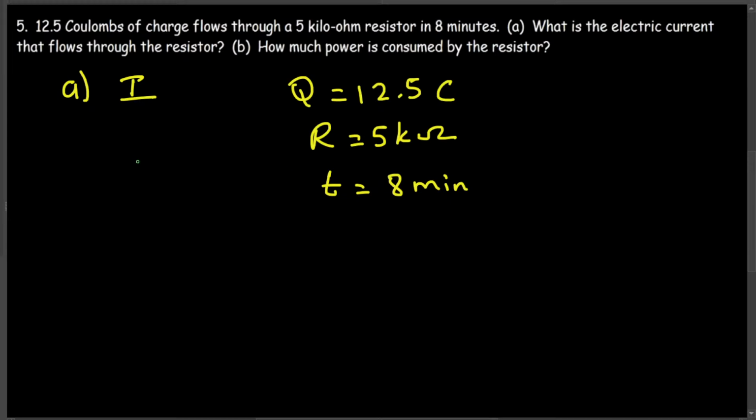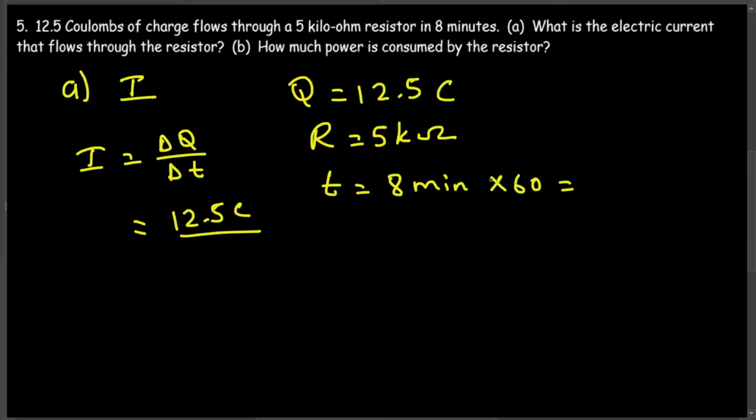Okay, and there's an equation I is equal to delta Q over delta T. We can actually use this equation since we have the charge and the time. So I is equal to delta Q divided by delta T. Q is 12.5 coulombs, and the time is in minutes, so we have to convert this into seconds. And we know that 1 minute contains 60 seconds. So 8 minutes, 8 multiplied by 60, that is 480 seconds. So we have to divide this 12.5 C by 480 seconds, and that gives us